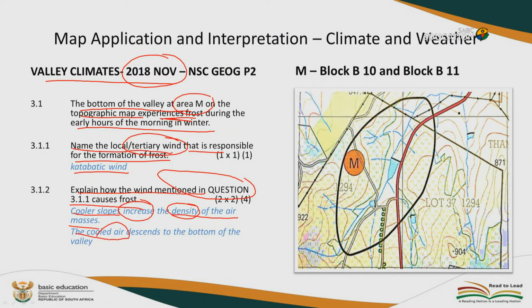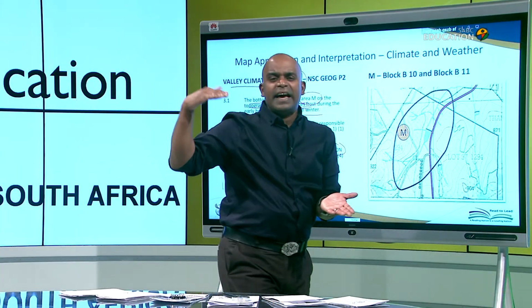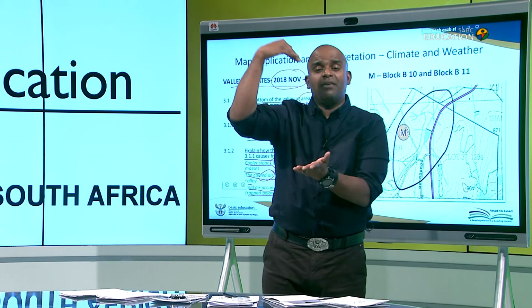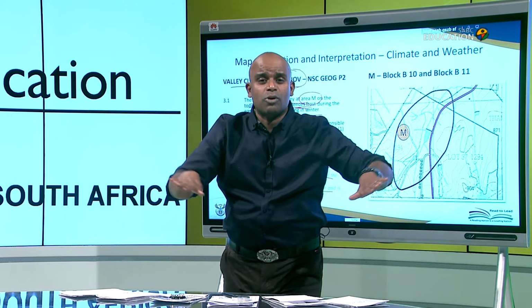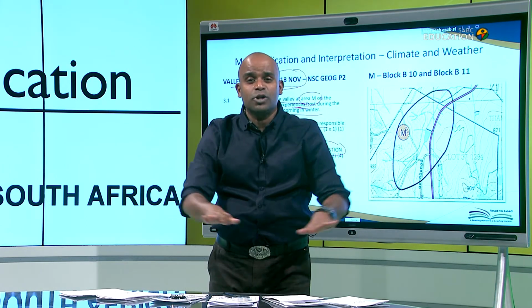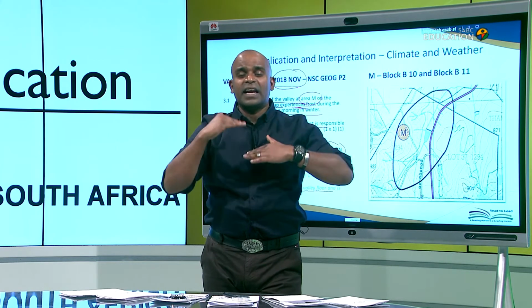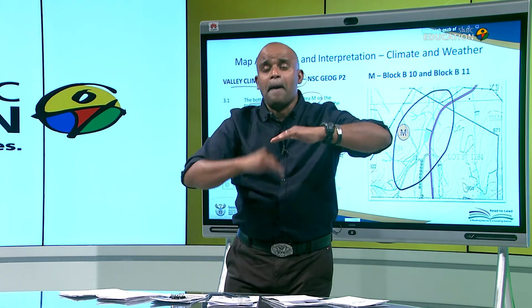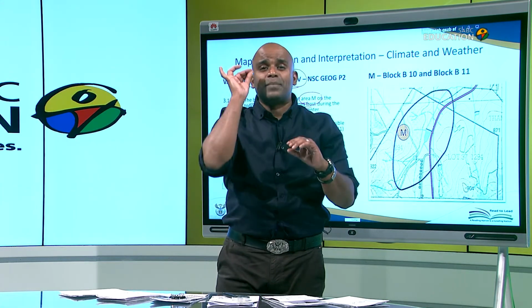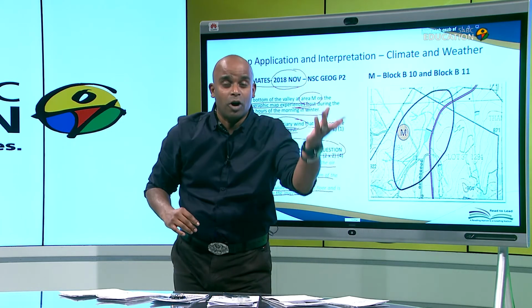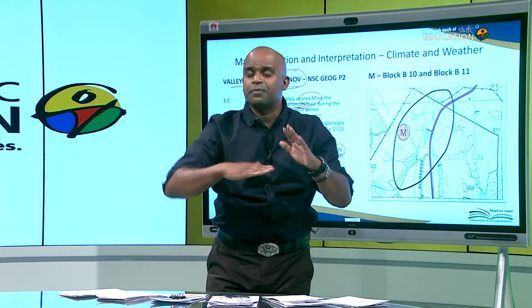The cooled air descends to the bottom of the valley. And what happens here? The cold air accumulates on the valley floor and is trapped below the inversion. Now remember, your inversion layer is a layer that exists above the valley floor but traps all that air that is sinking towards the bottom of the valley. That inversion layer keeps the air below temperature so that precipitation, for example frost and mist or radiation fog, can be